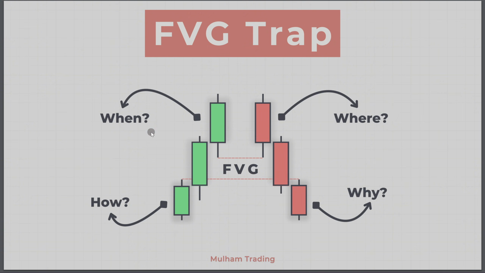Now the other question is when, what time of the day this fair value gap is created. And this makes a big difference. Also, how? So when this fair value gap is created, how do we enter from it? Do we enter from the beginning of the fair value gap, from 50%? We expect this fair value gap to be disrespected and price goes to the order block.